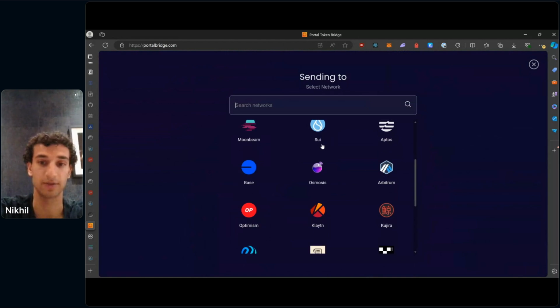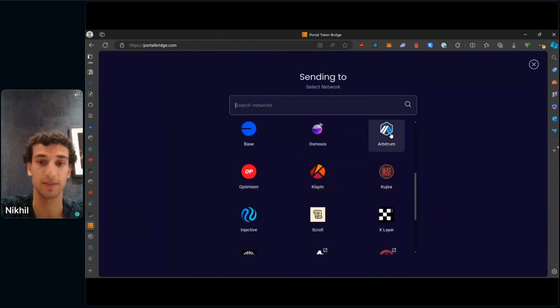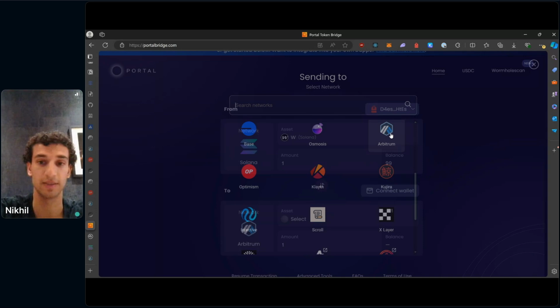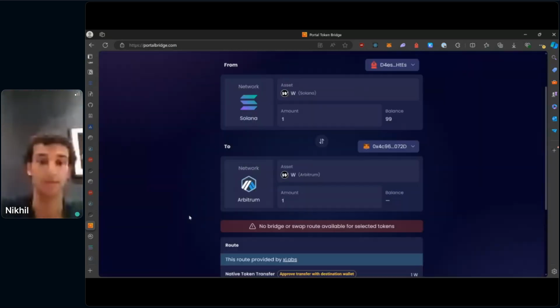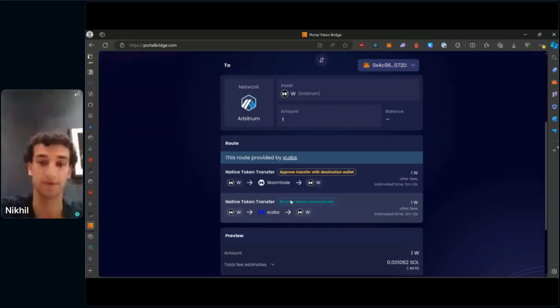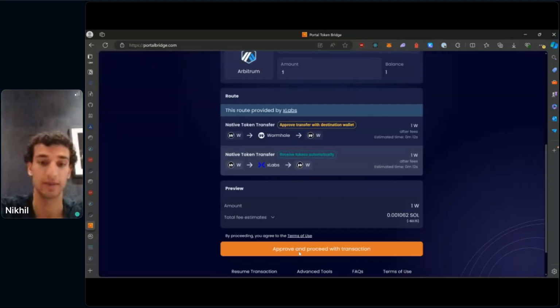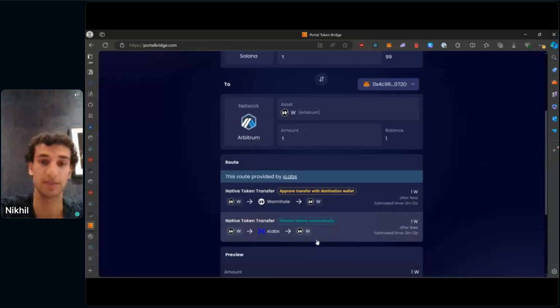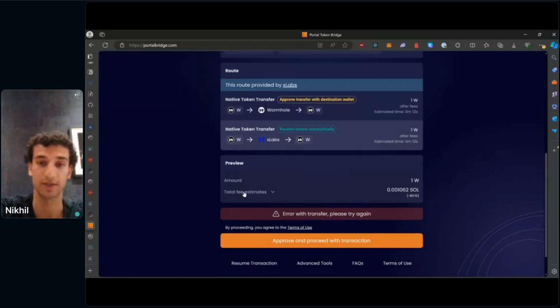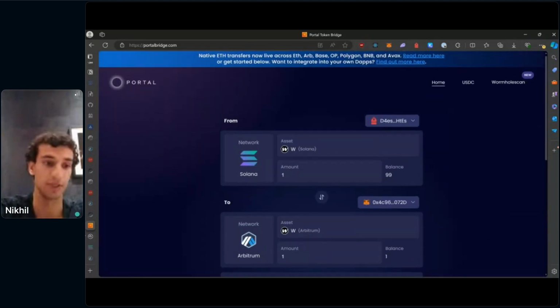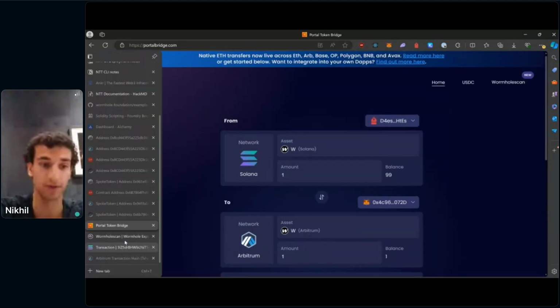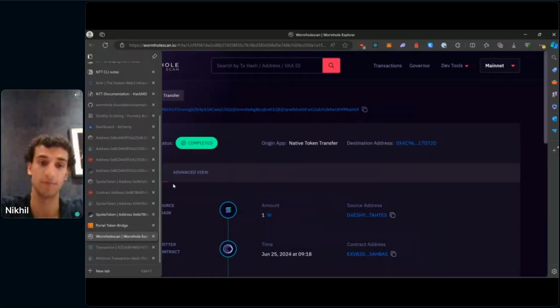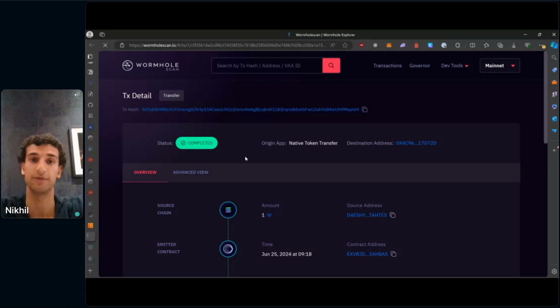So let me connect Arbitrum on the destination. Receive W tokens on Arbitrum. I see here's the route. And let's see if it'll proceed with the transaction. And something's an issue. This might be Solana congestion issues, which there are lots of. So I'll just go ahead and show you the transactions on Wormhole Scan that I completed earlier for this same